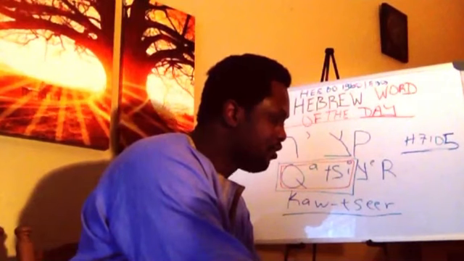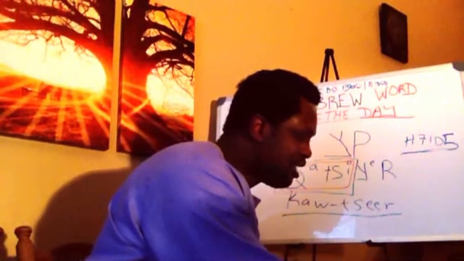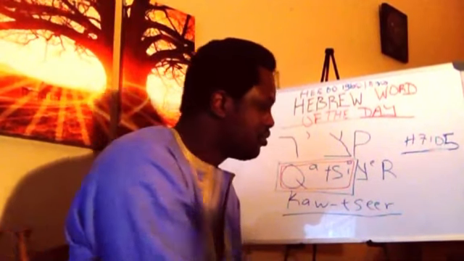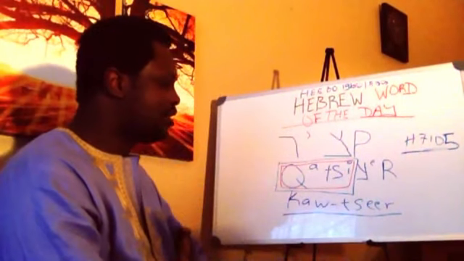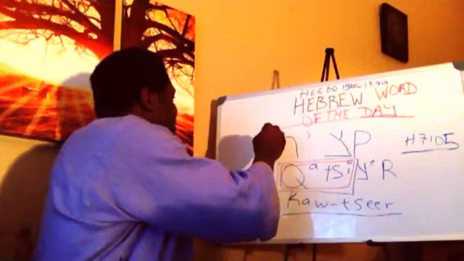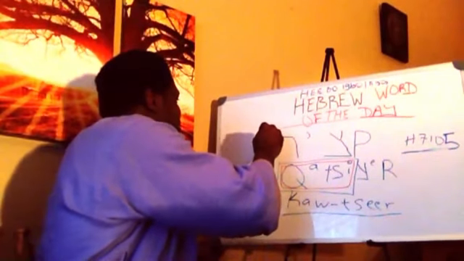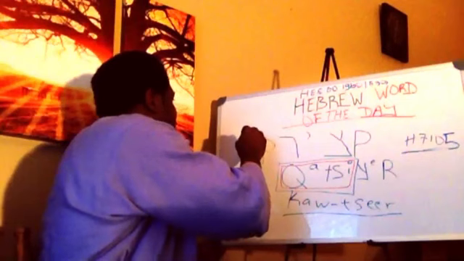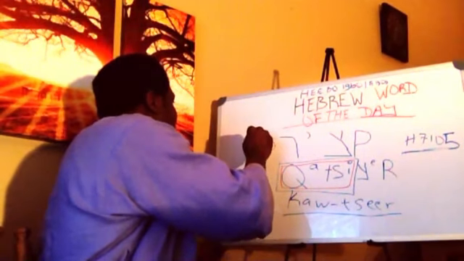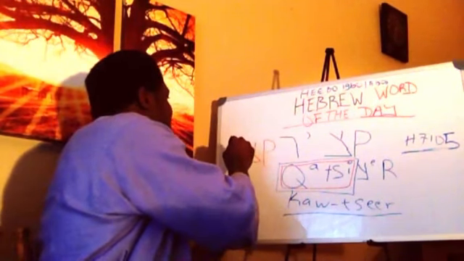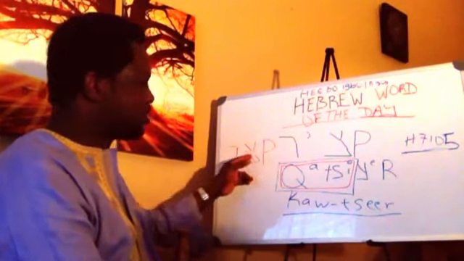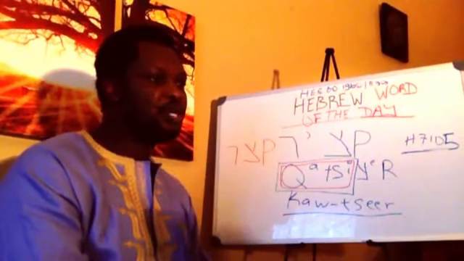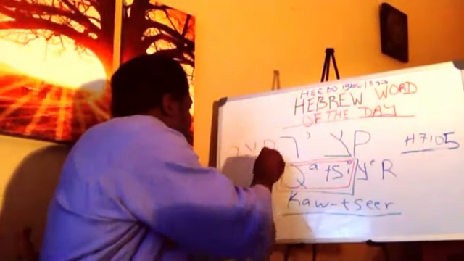But I'm going to go to the root where it comes from. That's 7114. That's Hebrew. 7114 is actually spelled the exact same way. The only difference is that it does not have the yod. This is the difference now, how it's spelled. This is the kuf, and then this is the zayin, and then you have the roish. This right here is kwashir or kwashiero, which, again, the root right here is kwashi.